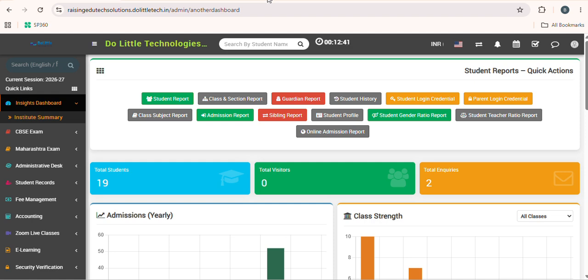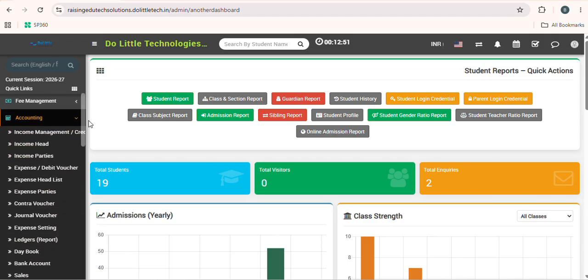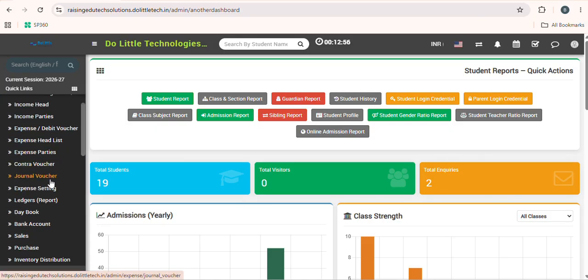We're from DLT Tech, and today we'll be looking at the accounting module of our ERP system. So over here, we can see the accounting module, and as soon as we click on the drop-down arrow, we can see a list of several other submodules appears. So the very first submodule that we'll be looking at is the bank account,